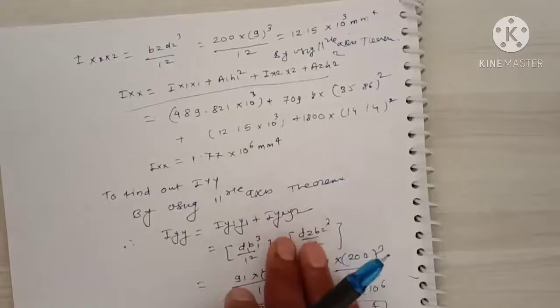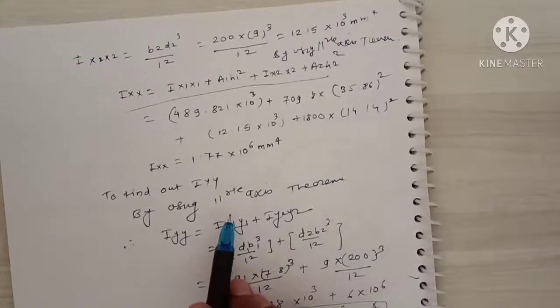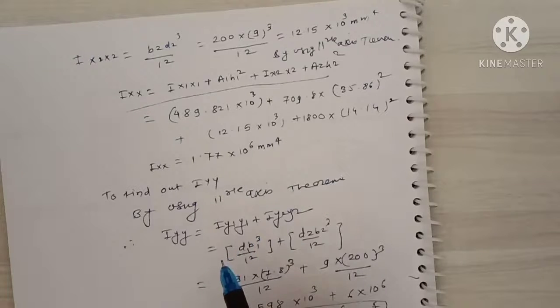Okay. Then in this problem we also find the moment of inertia about the y-y axis for the inverted T section. The procedure will be the same. By applying the parallel axis theorem, that theorem says the moment of inertia about any axis is equal to the moment of inertia about the centroidal y-y axis passing through the centroid plus the product of the area of section and the square of the perpendicular distance between the two axes.